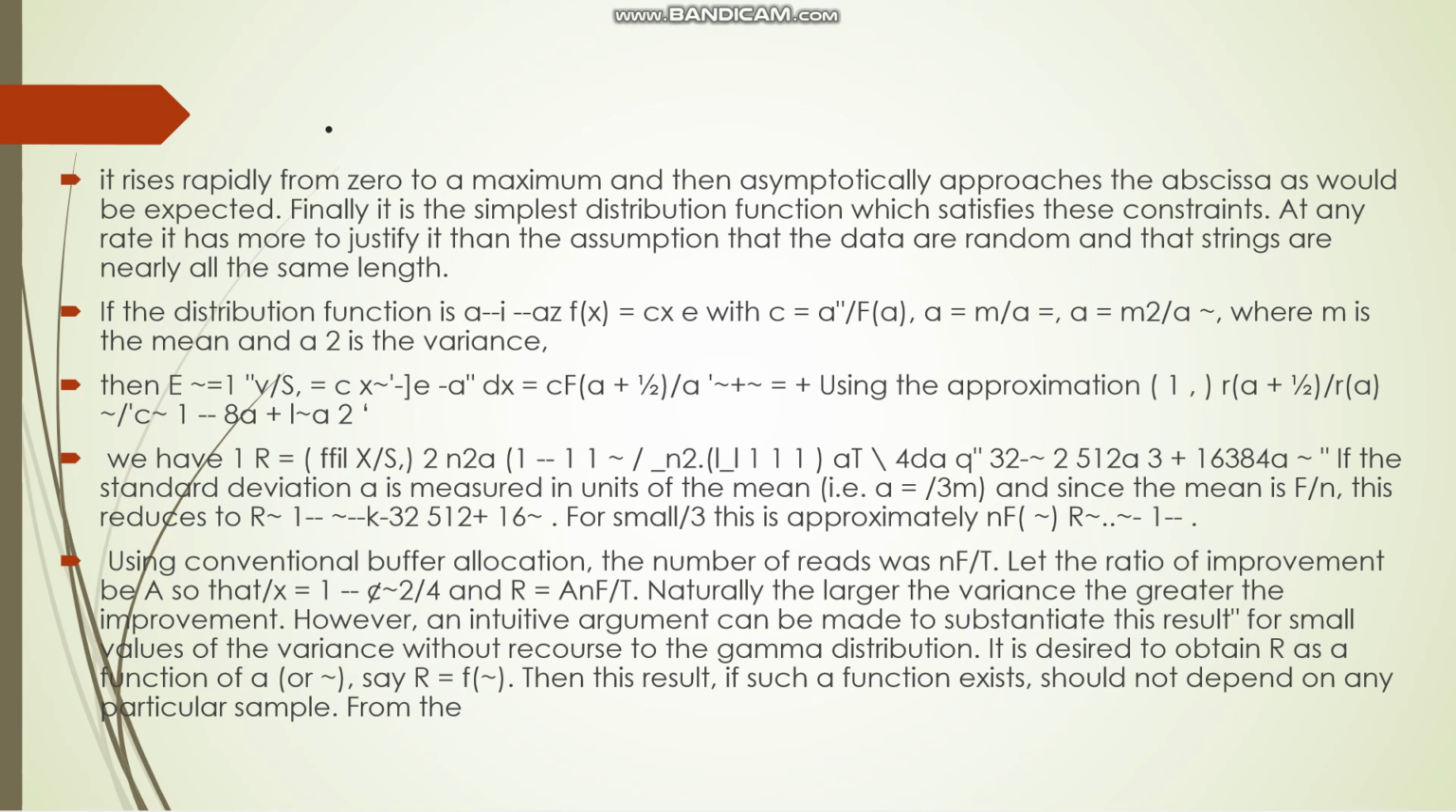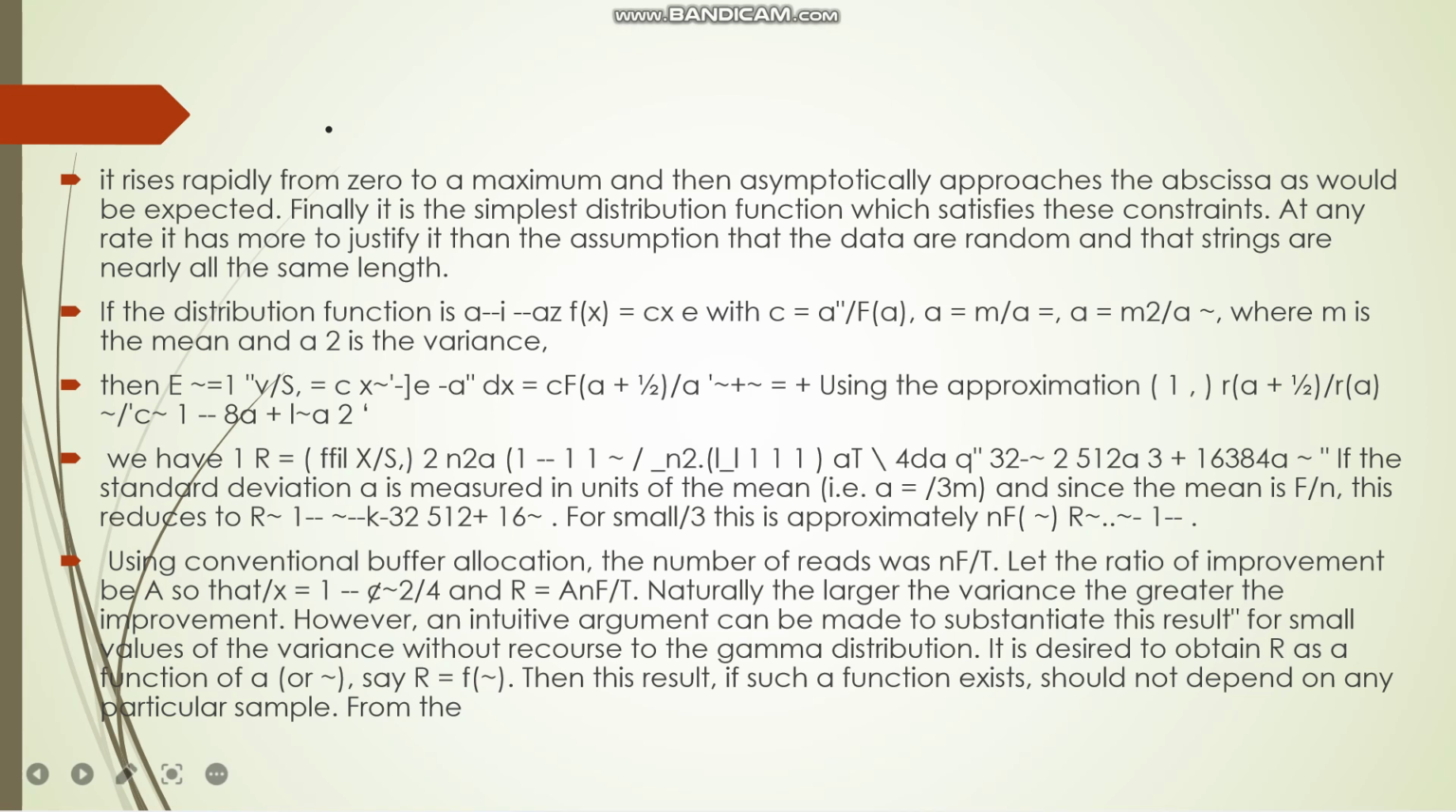Using conventional buffer allocations, the number of reads was nf by t. Let the ratio of improvement be a, so that x is equal to 1, r is equal to nf by t. Naturally, the larger the variance, the greater the improvement. However, an intuitive argument can be made to substantiate this result for small values of the variance without recourse to the gamma distribution. If it is desired to obtain r as a function of a, then this result,